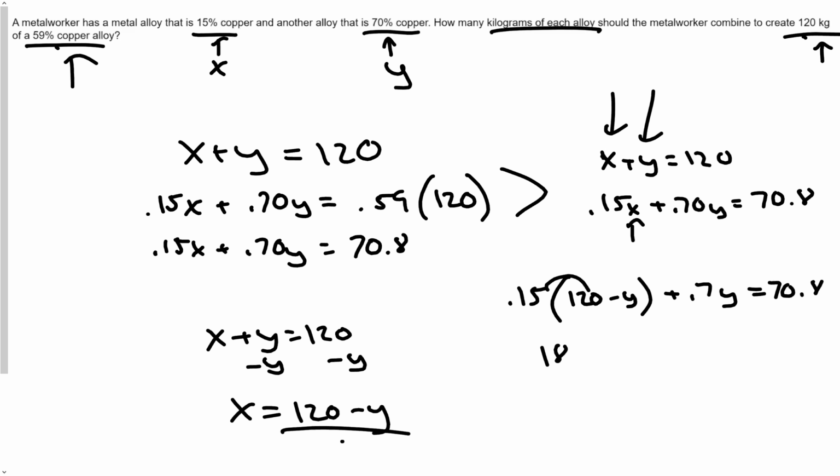That's 18 minus 0.15y plus 0.7y is equal to 70.8. Subtract 18 from both sides, and I can add these together. So that's 0.7 minus 0.15 gives me 0.55,